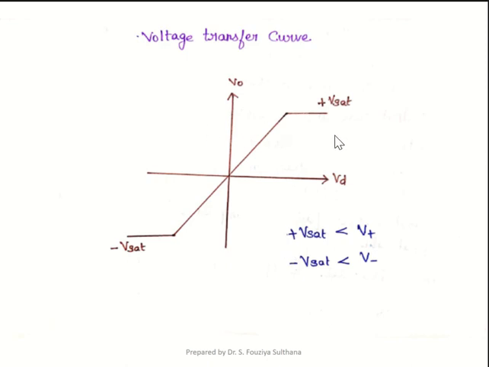A practical limitation of the op-amp is that the magnitude of its output voltage cannot exceed the biasing potential. We know that the op-amp is a high gain amplifier. For example, if we give a 1 millivolt signal at the input, at the output we will get 100 volt theoretically if we assume the gain of the op-amp is 10 power 5. But practically it is not possible. The output of the op-amp is restricted by the biasing potential applied to the op-amp. So as soon as the input voltage goes beyond a certain threshold value, the output voltage will get saturated towards the positive and negative biasing potential. This particular characteristic of the op-amp is used in the comparator.